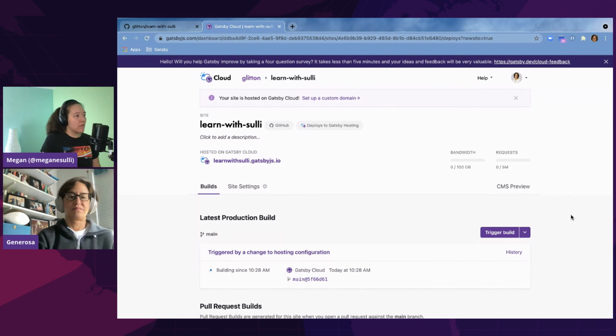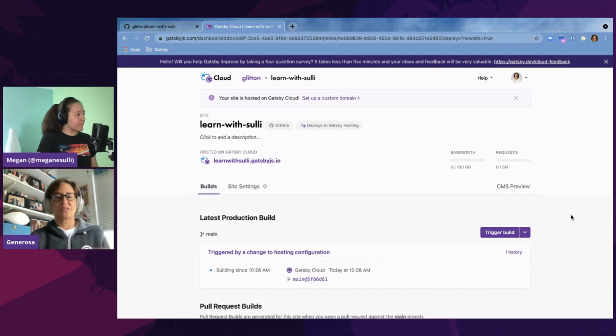trigger a new build, and then update your site. So does it trigger? I mean, any change I make, even if I change one word, it'll automatically trigger? If it's on the main branch, which is the one that we connected it to, then it'll push stuff. So if you don't want it to go live immediately, then you should work in a feature branch or something like that. Yeah. Got it.